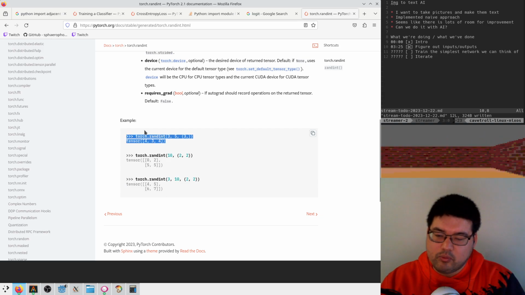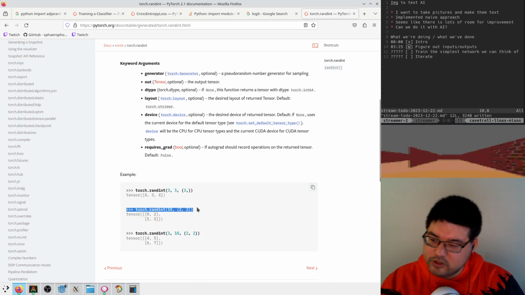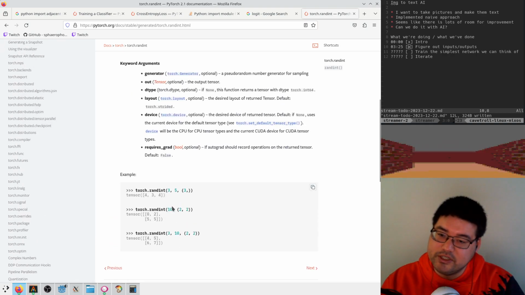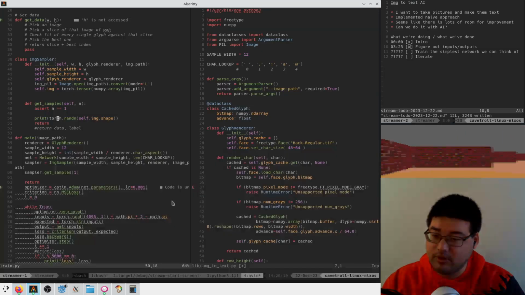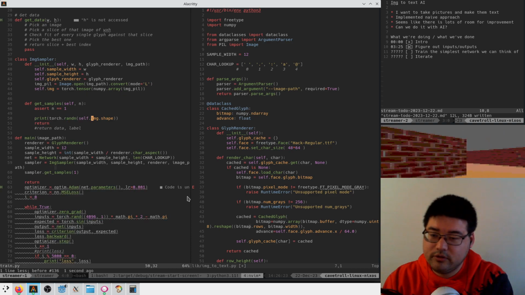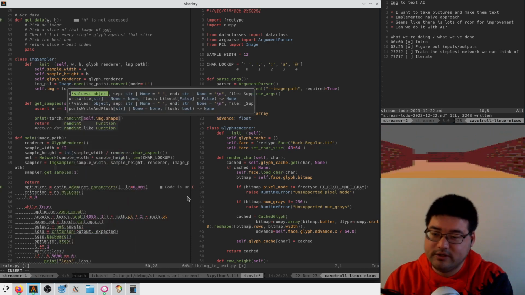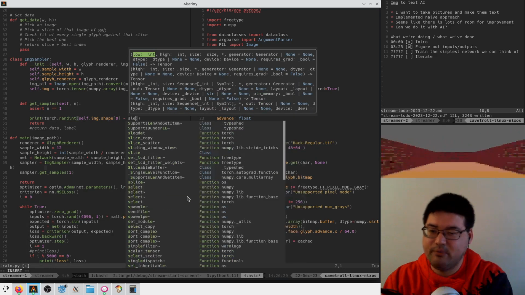So you can get random integers in the range 0 to 10, but for 2 by 2 dimensions. But what if I want different ranges on the different dimensions? I guess maybe I just do those separately and put them together after. So we'll say I want rand int in the range shape 0 minus the sample height,